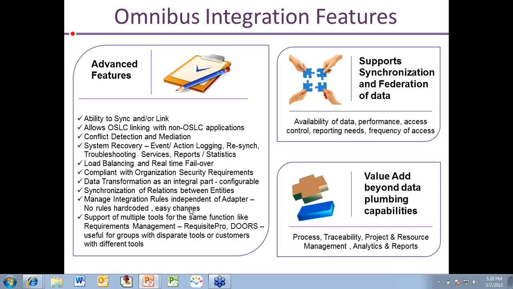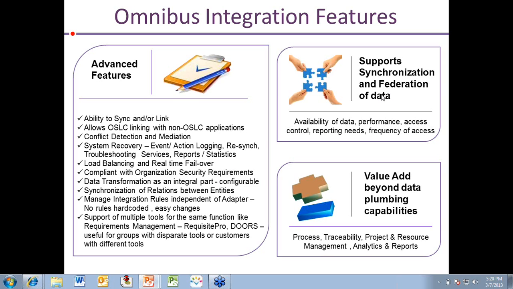Code changes are not required for that. And we also support multiple tools for the same function, like requirements management can be done simultaneously in Requisite Pro and Doors. This is particularly useful where disparate groups are working on separate tools or customers with different tools.